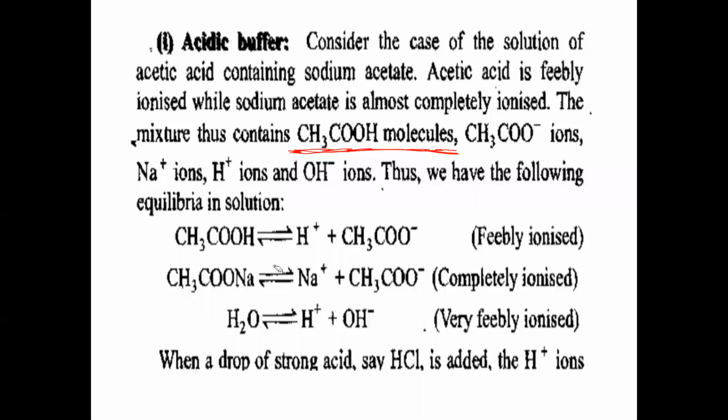Why have we given a double arrow for the salt also? Because a common ion, CH3COO minus, is there. When we add this acetate common ion to the second equilibrium, some backward reactions will take place. That's why the double arrow is given here.